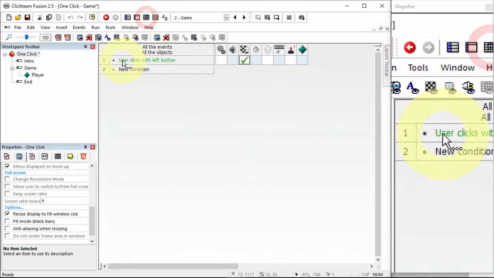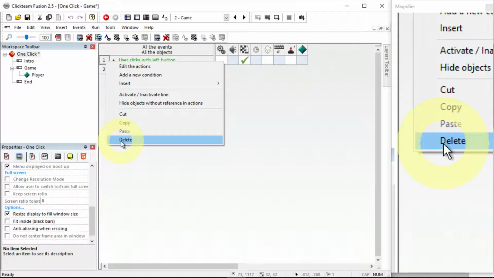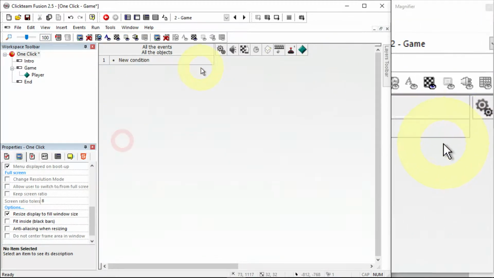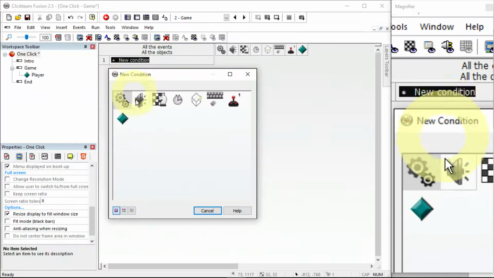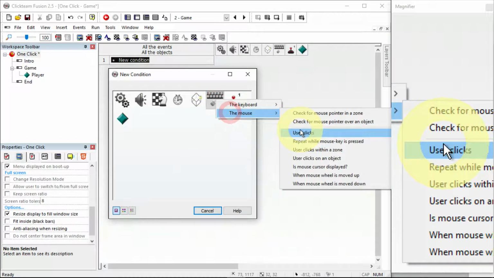We've got a previous event we just need to delete, and to delete an event you right click on the number of the row of the condition that you want to get rid of and press delete. So we're back to how it would be if you just made this game from scratch. No conditions and no events. So a new condition, and first of all we're going to say if the mouse clicks,